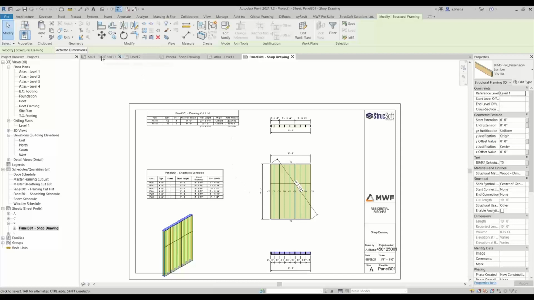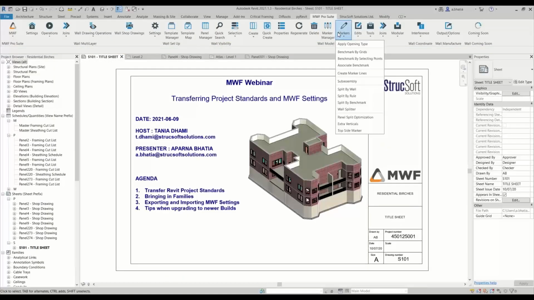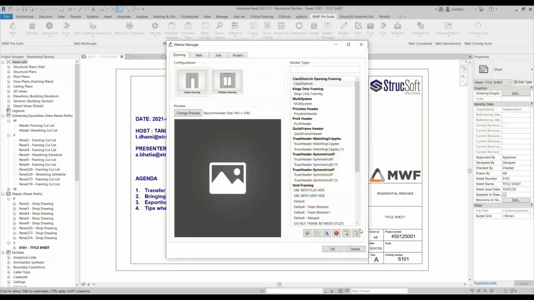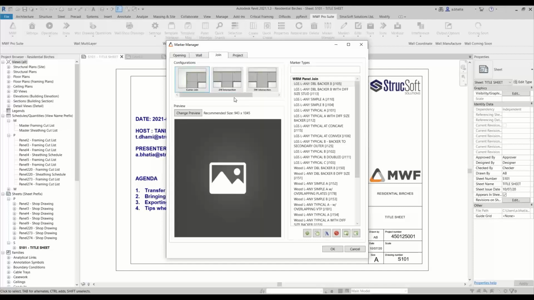If you also wanted to transfer things like your markers, you can do that as well. You can go to Marker Manager and come down here, there's the export button. You can export it and it will export everything from your openings to your split framing or your split settings, or your join conditions. It will grab all of that data. So when I hit the export button here,